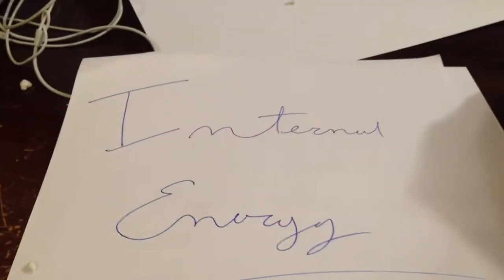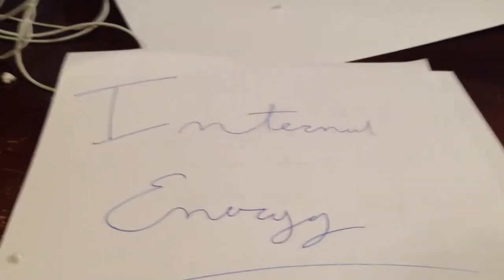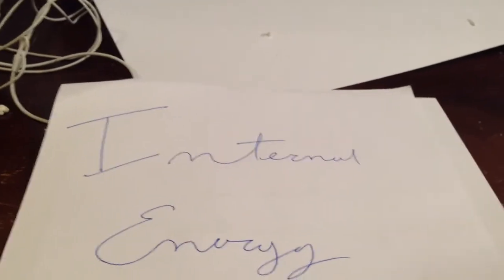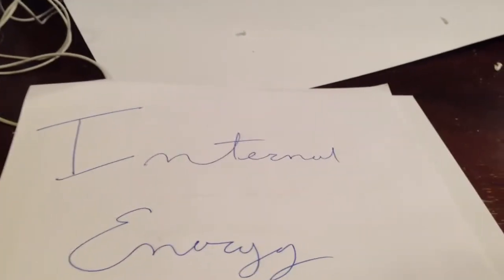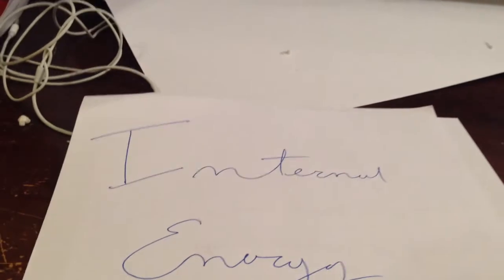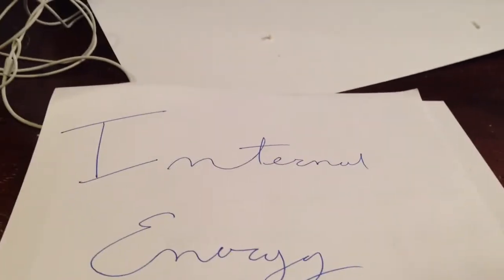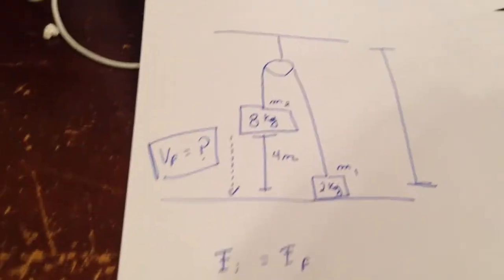In this chapter on internal energy, most of the things are pretty easy. They're not that bad to do. Some of them you have to write a system out, because sometimes you need to see what's going on inside, if there's any work, any energy lost, anything like that. Most of the time you need to do it, sometimes you don't, so it depends on the problem you're doing. On the problem today, if I remember right, you don't have to write a system out, but